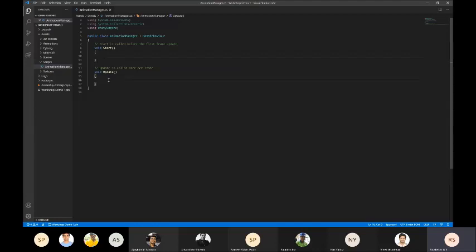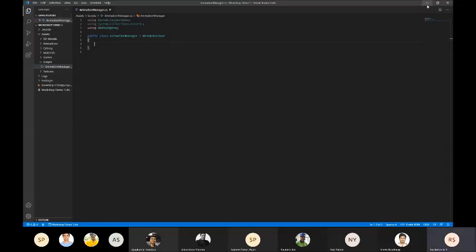And we have a function called update. Update is called once per frame. What does that mean? It's basically similar to a loop. So if your game is running at 60 frames per second, the update function will be called 60 times a second. So every frame your game is running, right? If it's running at a lower frame rate, like 10 frames per second, the update function will be called 10 times in a second. So it's not an exact loop, so you have to be aware of that. Now, we don't need either of these two functions, so I'll just be removing them.